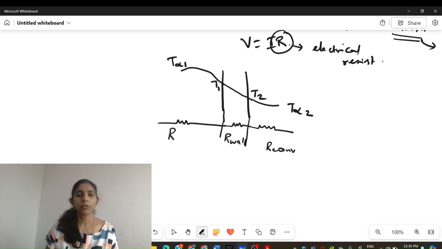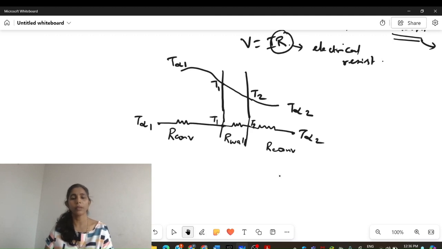And this is also convection resistance. What will be the temperatures at the nodes? This is T1, this is T2, and this node is T alpha 2. Okay, now is the circuit clear? For this condition,